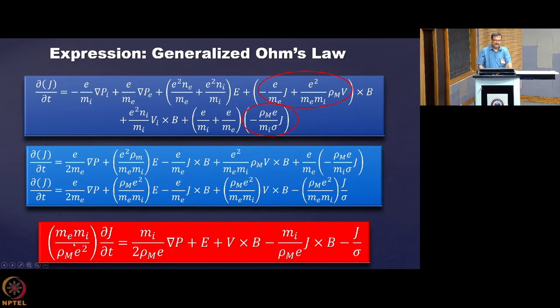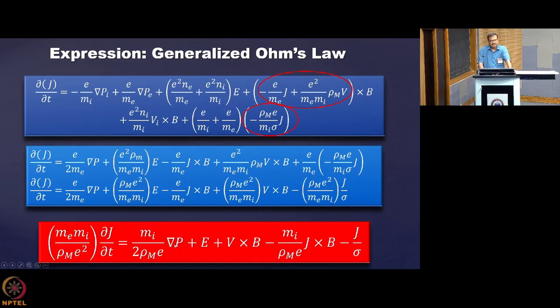So what we will get, mi by rho m square, we have multiplied by the inverse of this coefficient. So this factor is coming over here, and then this me is getting cancelled by this me, and you know that e is there and here e square is there, so one e is cancelling, only you are getting e, rho m into e, and this two factor is coming over here, and mi is on the top, me got cancelled. So I am getting now mi by twice rho m into e into grad P plus,